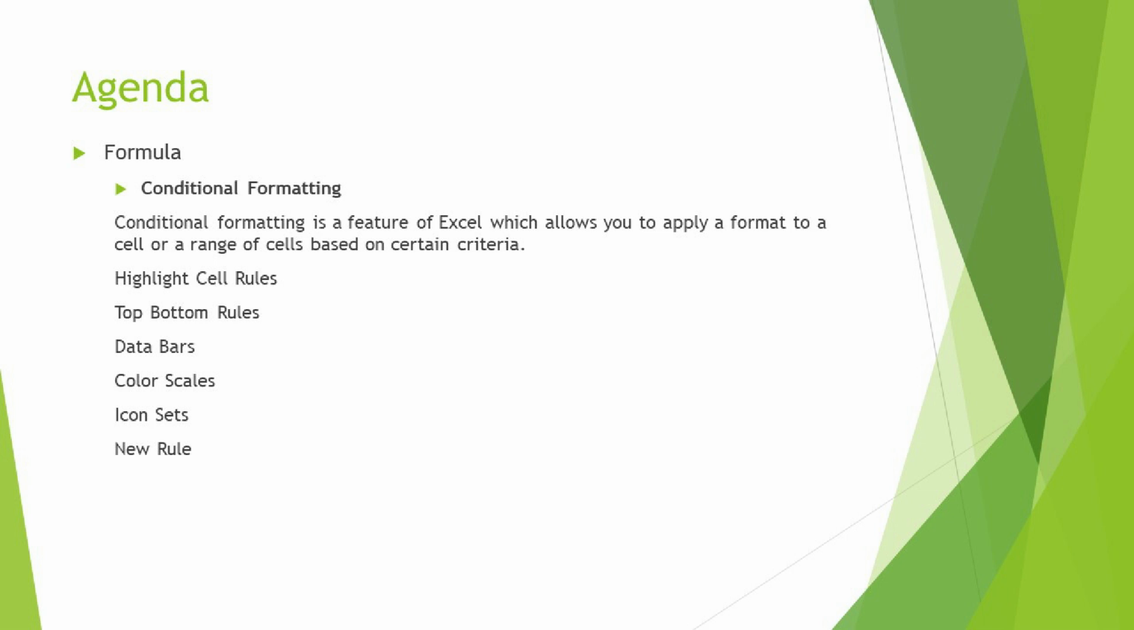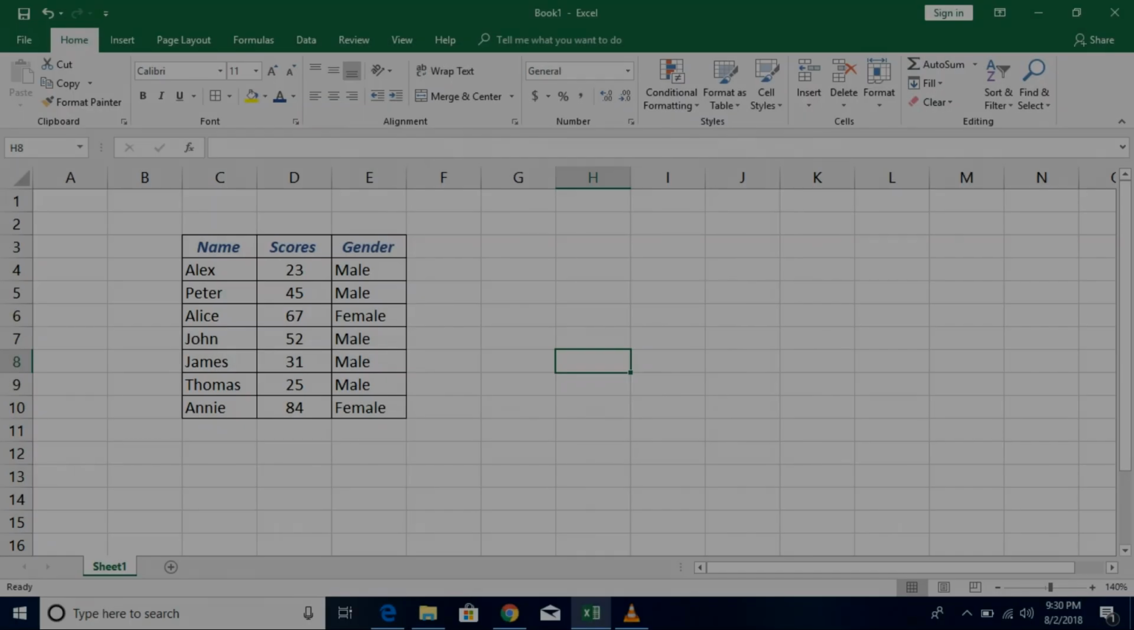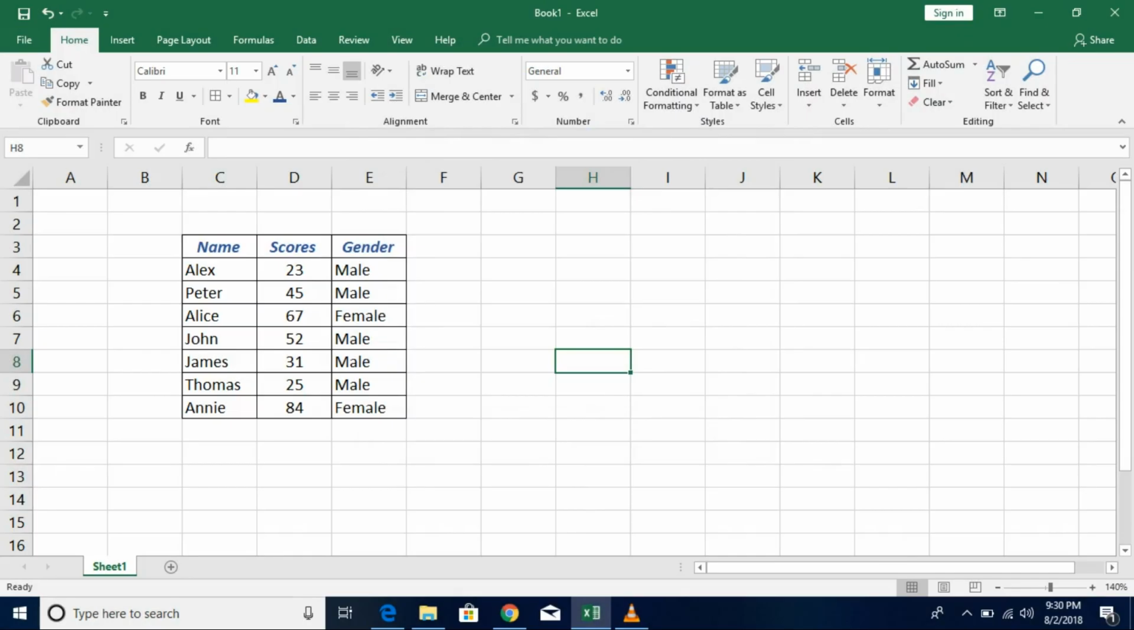So let's have a quick look at what exactly this will help you with. Here I have predefined information which contains some names and their respective scores in some exam, maybe any particular exam they would have written, and a gender. It's just sample data again, as I usually make it, to help you understand how conditional formatting can be done. So the very first thing is to move to the Home tab,